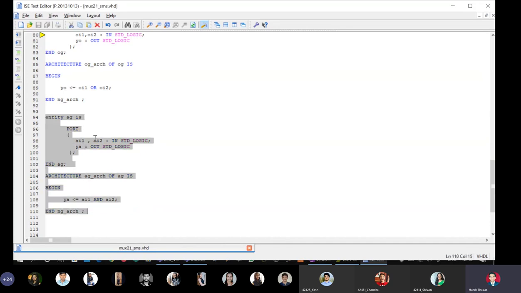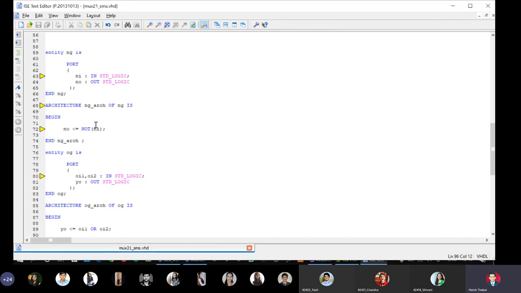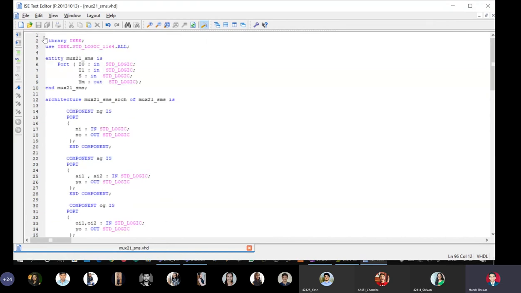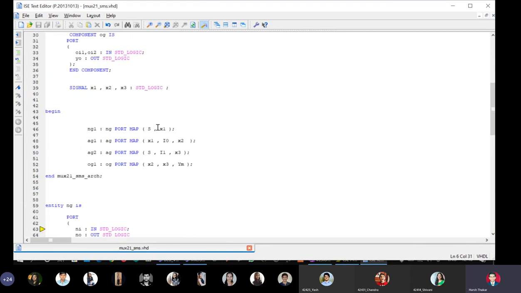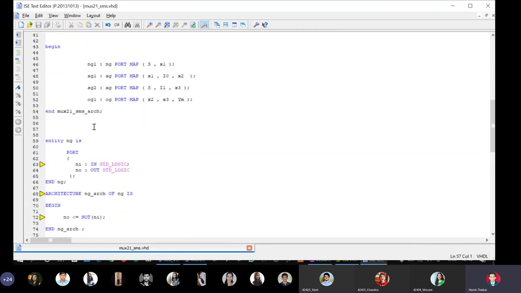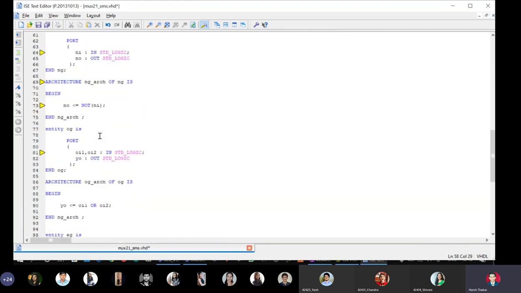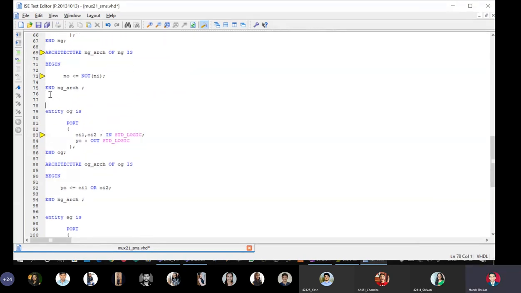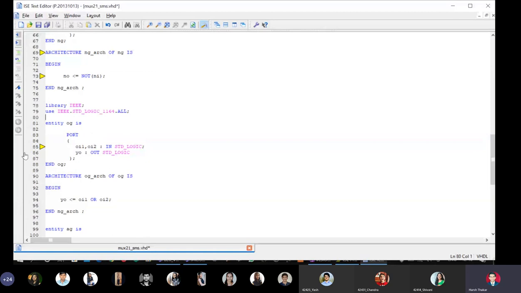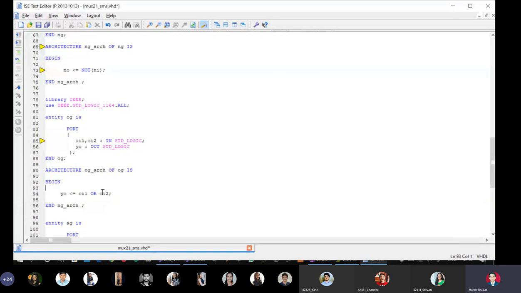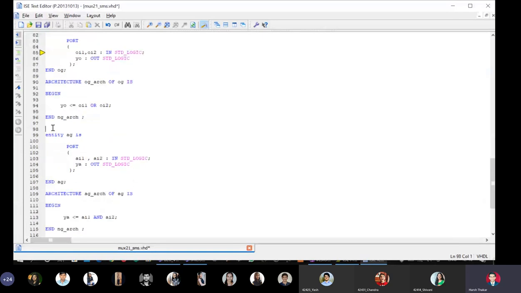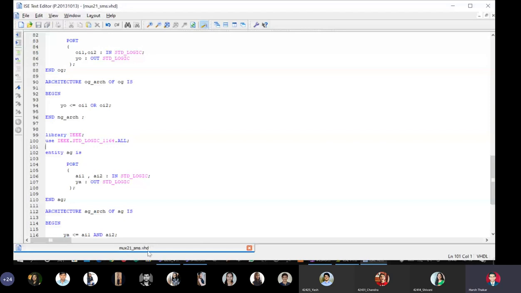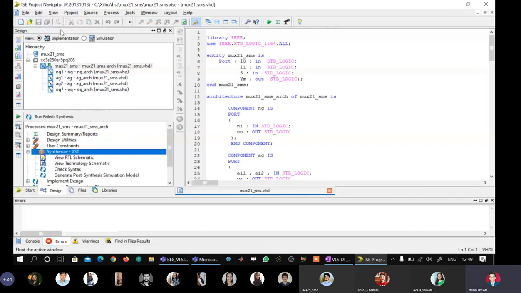As I told you, every EDAB pair must be preceded by library statement. So what I do is I go to the top, I copy these library statements and I paste them before every EDAB pair. So here I will say paste. Then before OR gate declaration, I pasted it again. Before AND gate declaration, I will paste it. I will say Control S, and I hope that we don't have any more errors now.